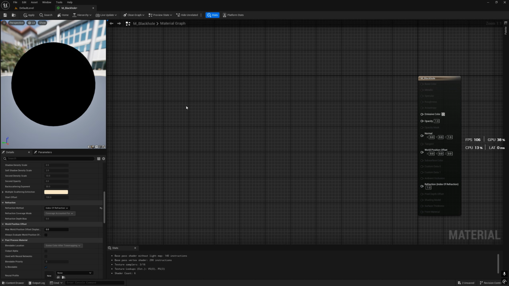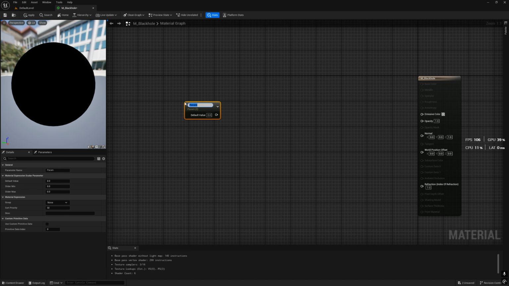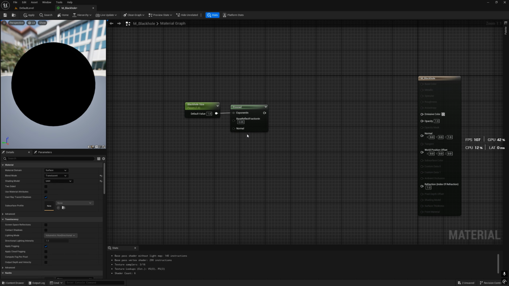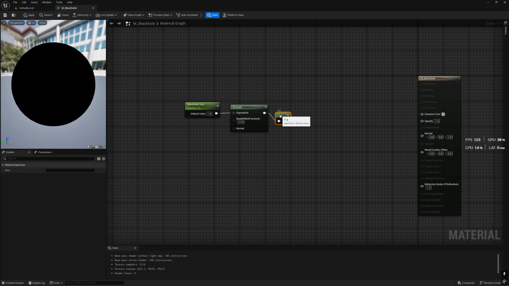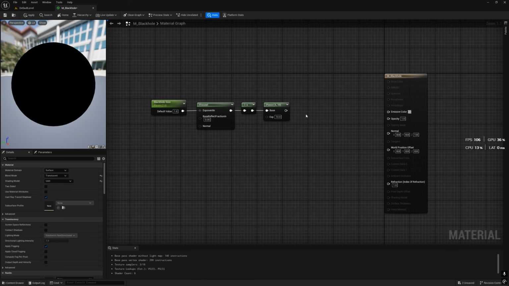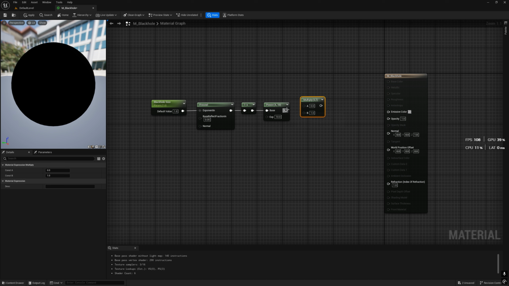Onto the material, we're gonna start creating new things. Let's first create a parameter and name it black hole size. The default value should be 1. From there, I'm gonna create a fresnel node and the exponent should be 0.05. From there, I'm gonna create another node called one minus that inverts the value, and then a power. The exponent here should be 10. From there, I'm gonna create a multiply node by holding M on the keyboard and clicking on the graph, and